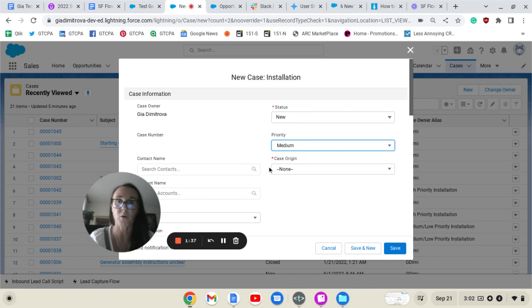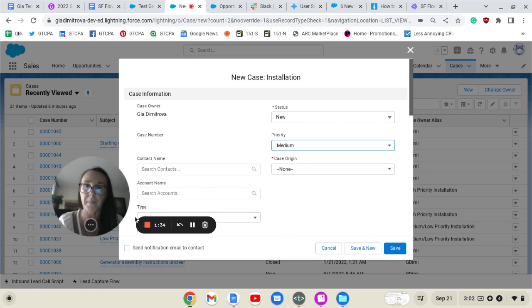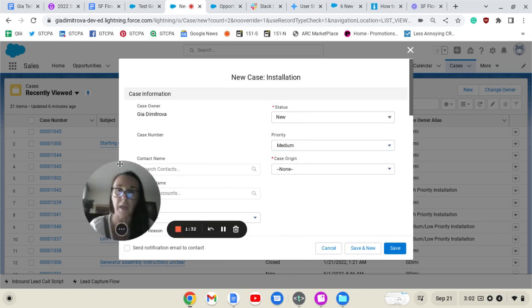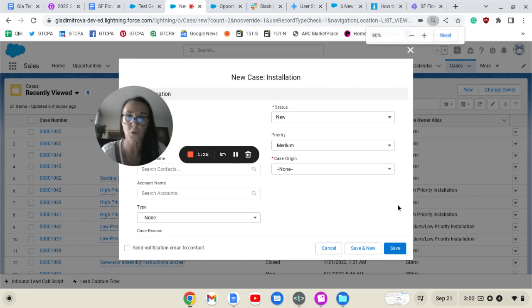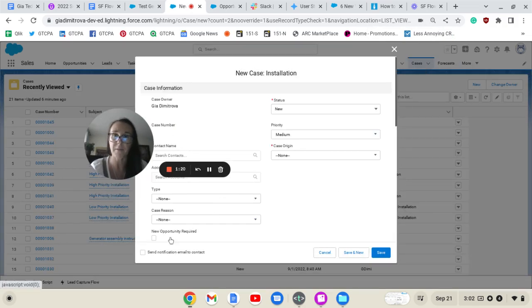We need the status field, the priority, the case origin, the case owner, the account name. If we scroll down, we'll see a few more additional fields. Case reason,